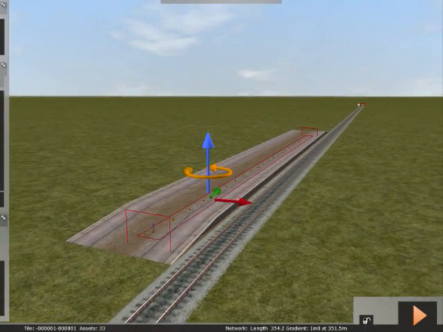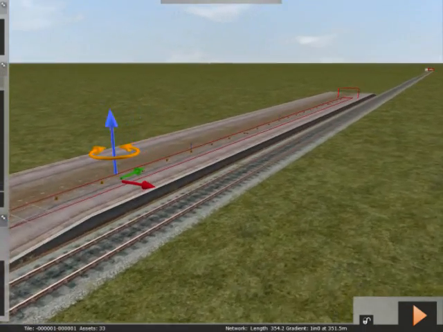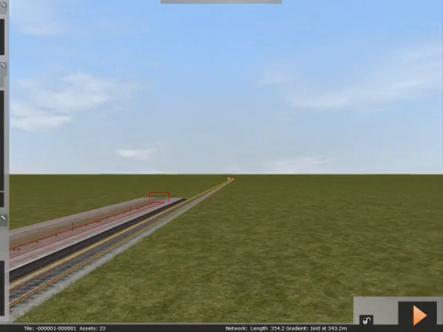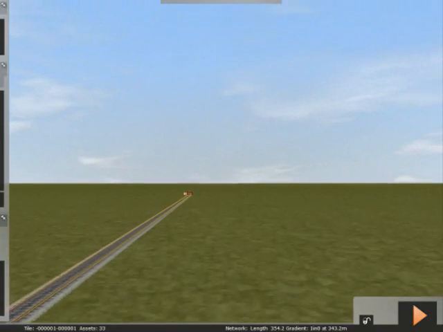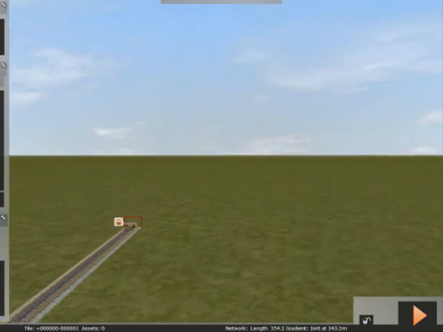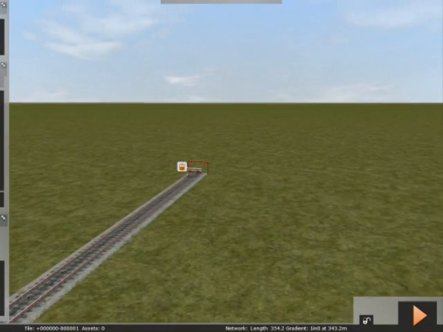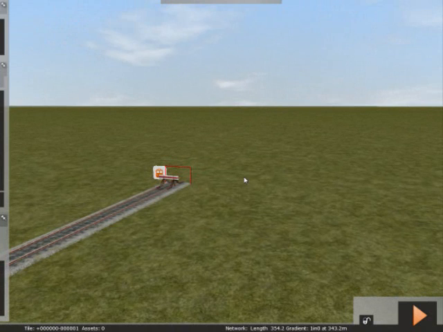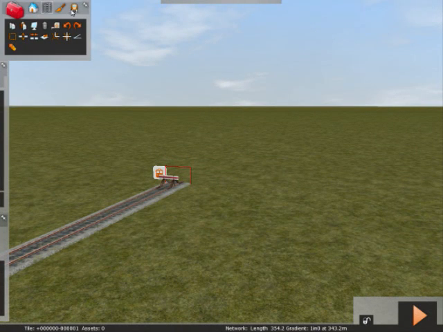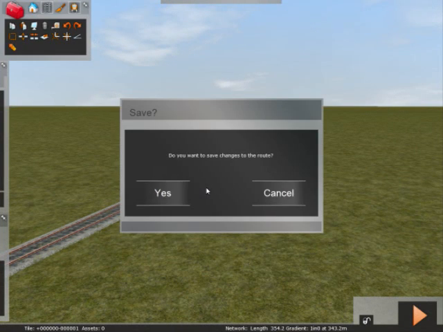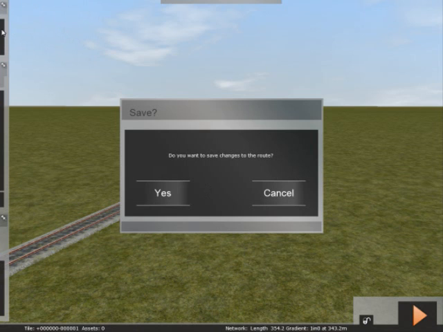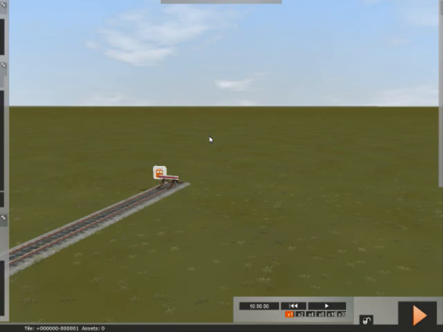Alright, that gives us our platform. Okay, now we've got that bit done. Let's start the scenario editor, shall we? Alright, let's place our new scenario marker. So first off, we need to go to Scenario Tools. Hit yes to save, yes to switch to Scenario Editor,